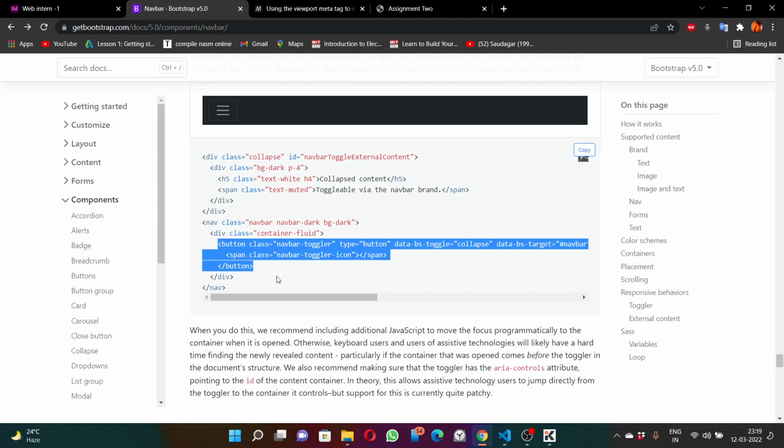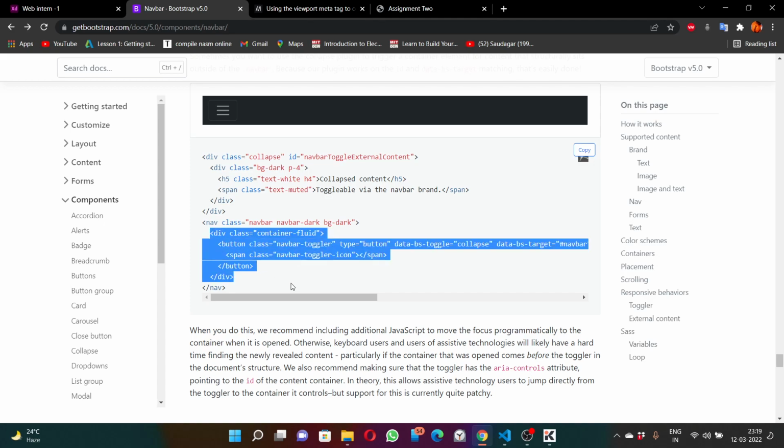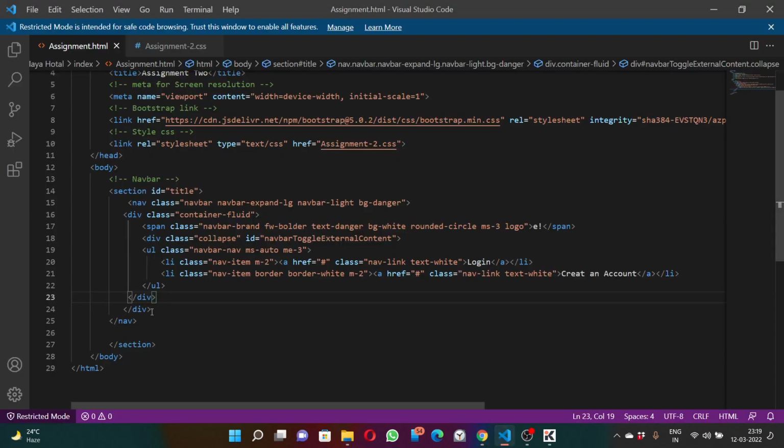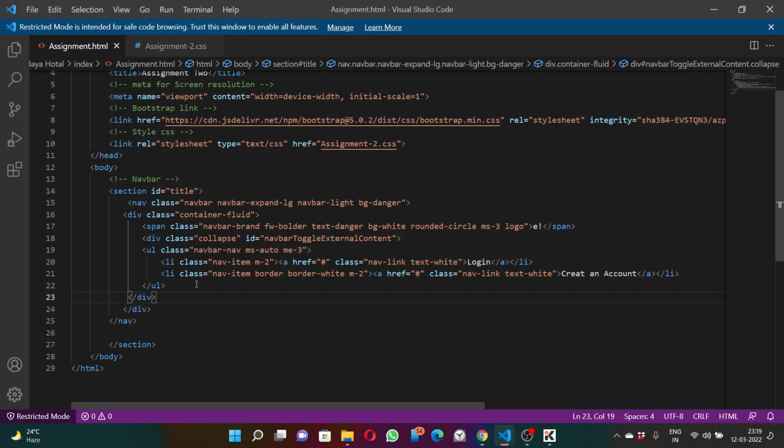Just copy this. Yes, inside this, just copy this and go to your assignment, and before the navbar, yes, you need to go to your browser and before the navbar,